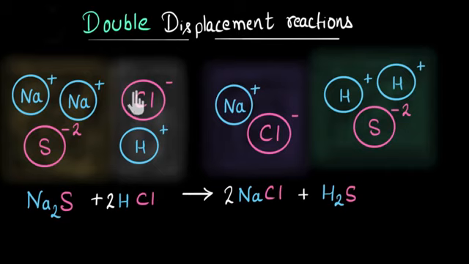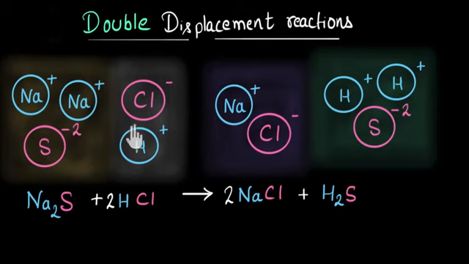Now there is one more question to answer. You might be wondering, Ram, when we mix the reactants, some of the sodium ions got attracted to chlorine ions, and that's how sodium chloride was formed, and we wrote that on the product side. But the rest of the sodium was still attracted to sulfur, right? And we should still have some sodium sulfide, and we should also write that on the product side. Why aren't we mentioning that?